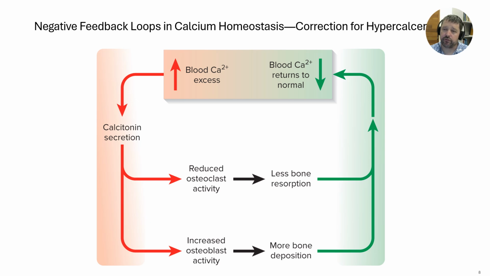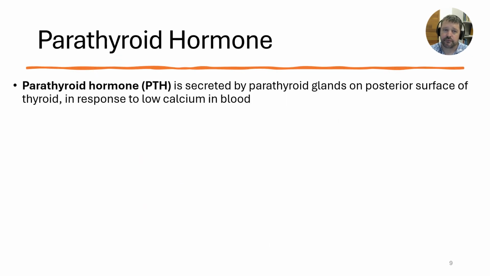It's going to increase the osteoblast activity, so you have more bone being deposited. Okay, and that in turn will cause the calcium levels to decrease. Okay, pretty simple. The last one is parathyroid hormone, and this hormone is released by a parathyroid gland, which is